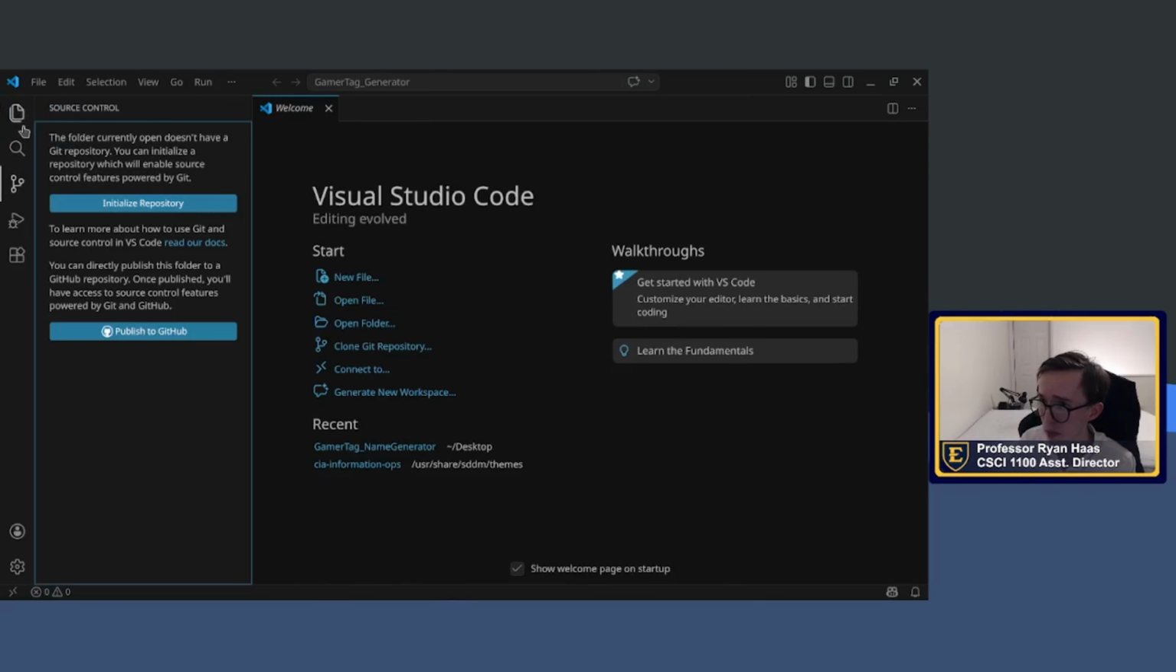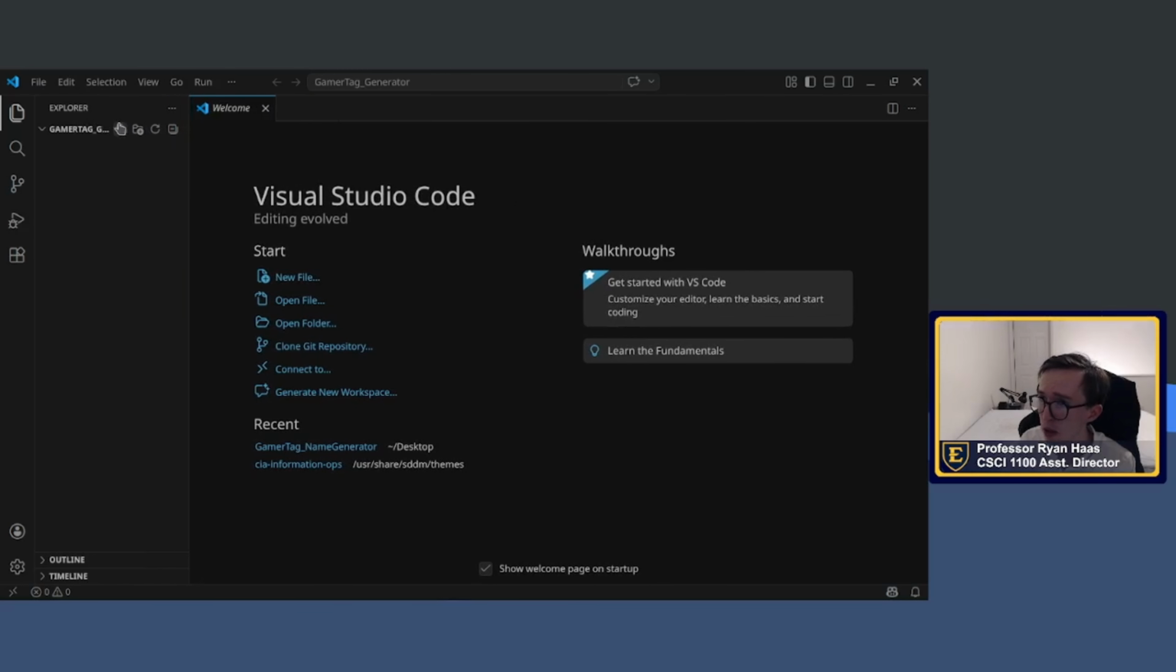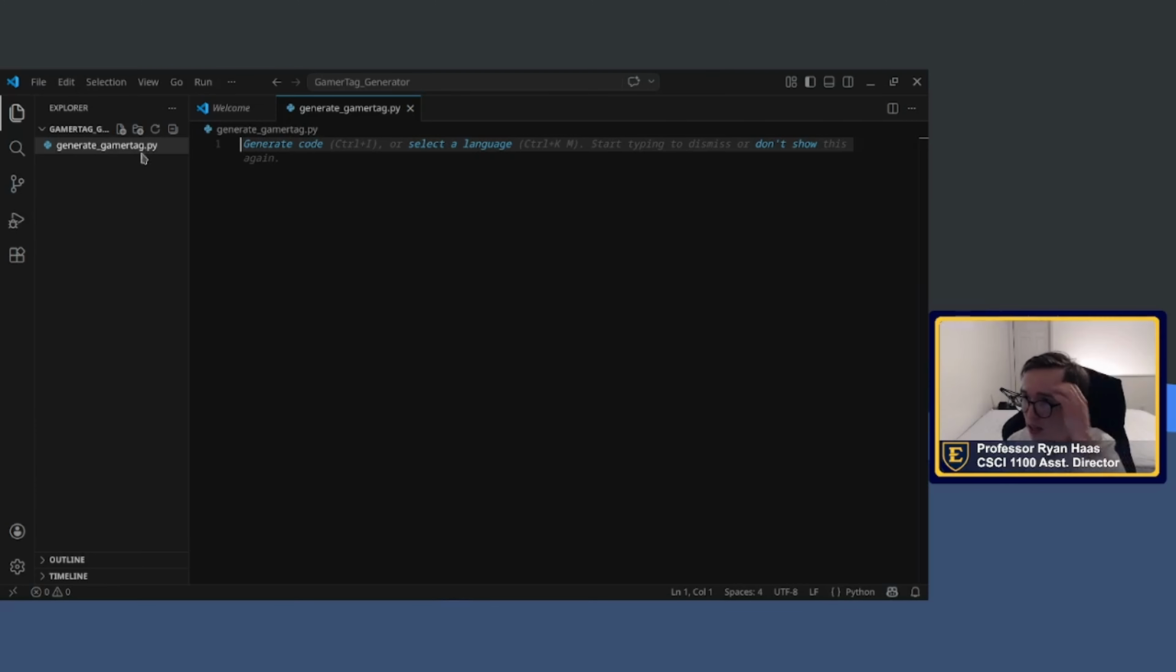So we have some different menu items. Explorer is going to show us our folder and file view. And I'm going to click this new file icon, and then I'll just make a file. I'll name it gamer tag. Let's name it generate gamertag.py. And when I hit enter, it creates that file, and it's going to automatically detect that the language is